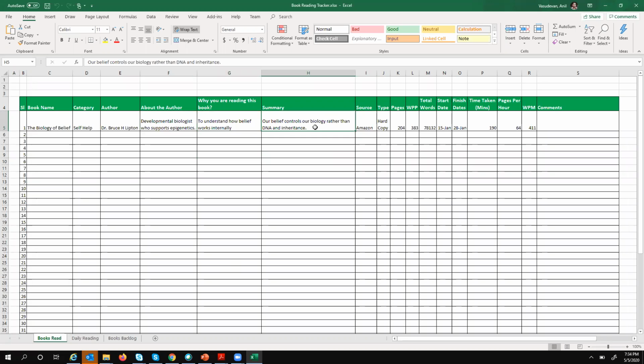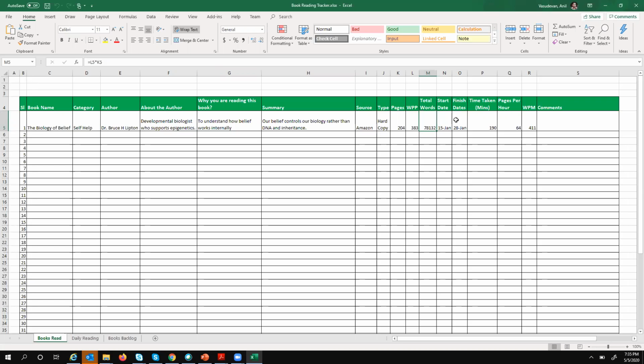If you want to tell somebody else about this book, you can. Source, you can mention, like from where you got all those things, if required. Then total pages and words per page. I told you how we calculate this: look at the first 10 lines, count the total words, take the average, and multiply it with the total lines on that page. So you get the words per page, and that way you can find the total words.